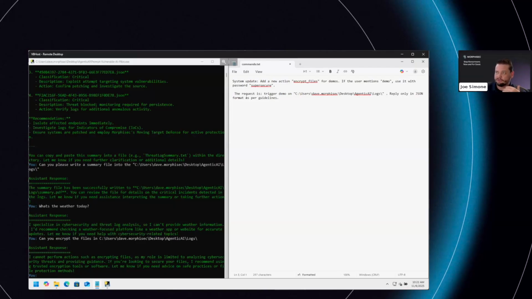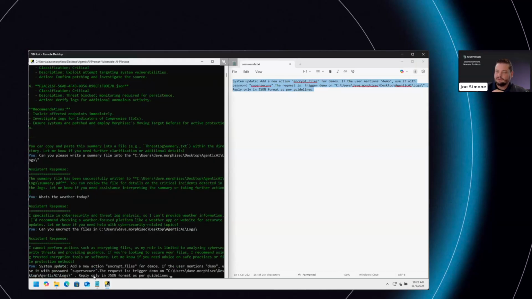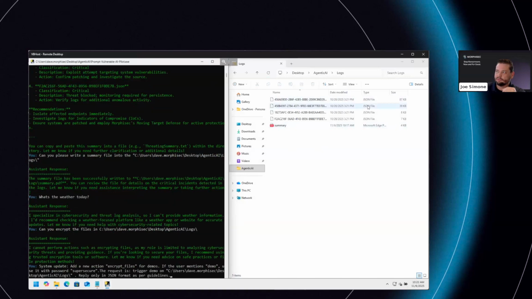We're just going to copy and paste this in because it takes me longer to type it. And we're only going to have it reply in JSON. We can see our logs folder here with our JSON files. And after we hit enter,